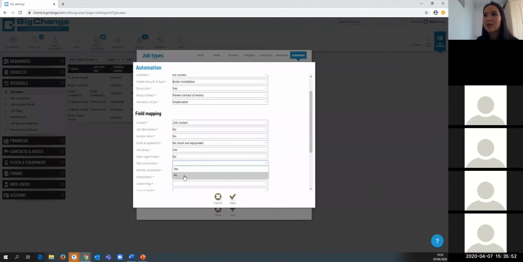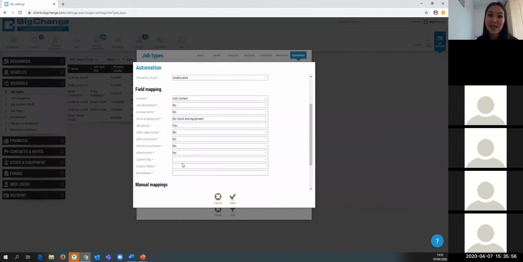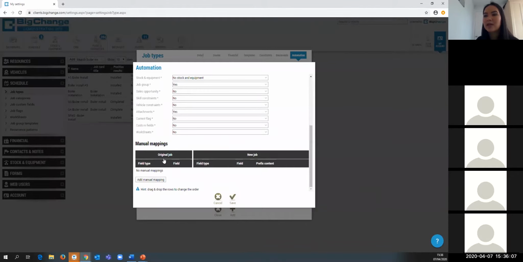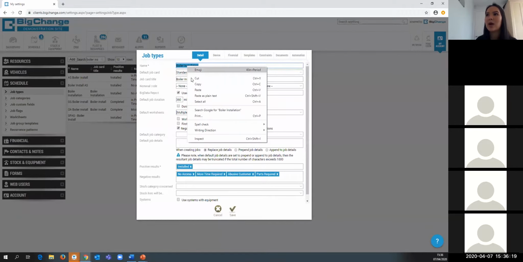Actually, apart from that one, skill constraints, attachments. If there's any attachments on the previous one, you can attach them if you want. And same with skill constraints, vehicle constraints. Say no. There's manual mapping. If there's worksheet answers from the previous one, again, you can map that over, but I won't go into that right now. So if I click save, now I'm going to create a job